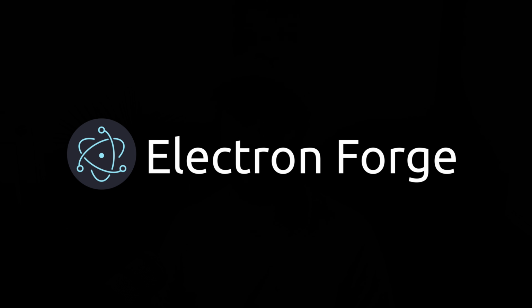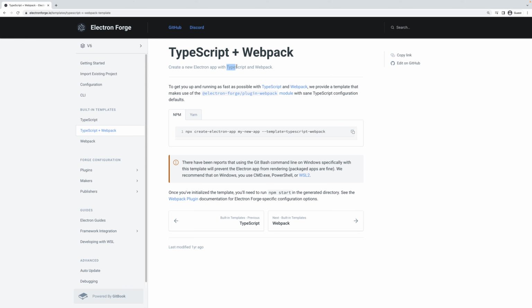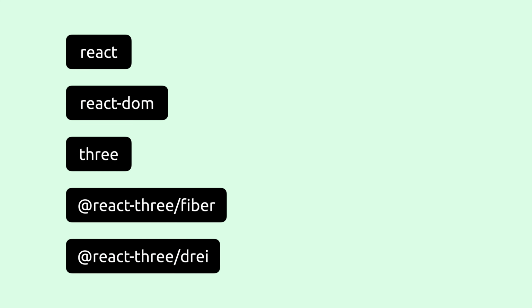We're going to use a tool called Electron Forge to scaffold our repository. You can think of Electron Forge like a Create React App, but for Electron. And this is just because to set up an Electron project from scratch can actually be quite a bit of work. We want things like Webpack, TypeScript, all of that modern tooling, and Electron Forge just makes it really easy to do that. Now, one thing Electron Forge does not have out of the box is a React integration. But the reason for this is all you really need to do is use their Webpack and TypeScript template, and then it's literally just a matter of adding a couple dependencies and configuring a couple files to set up your